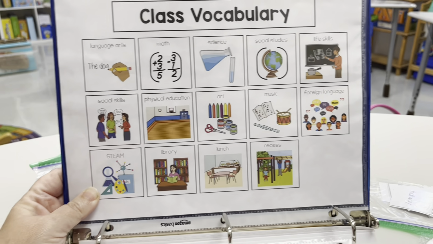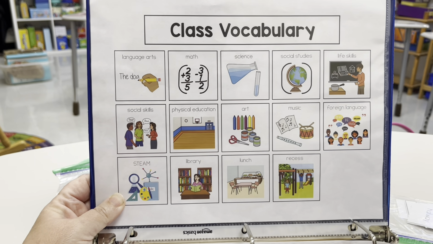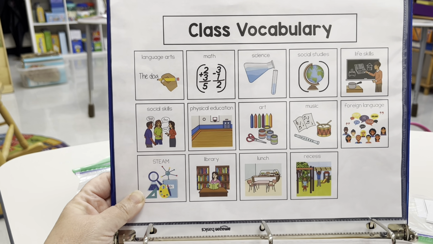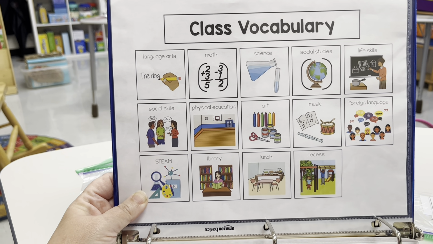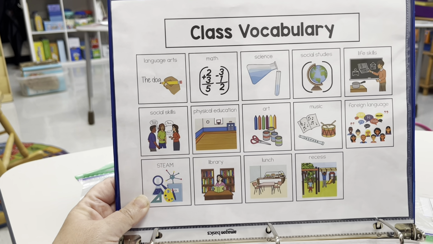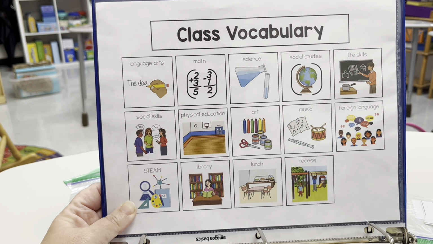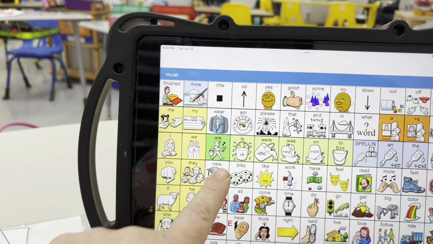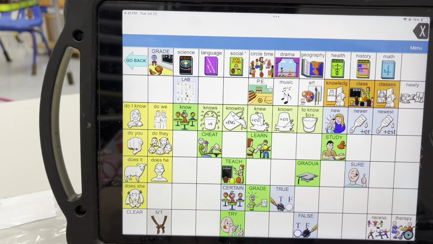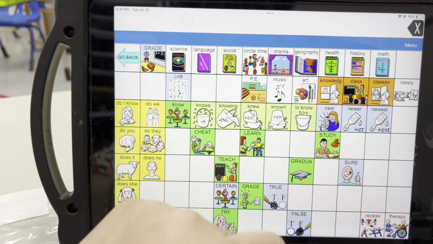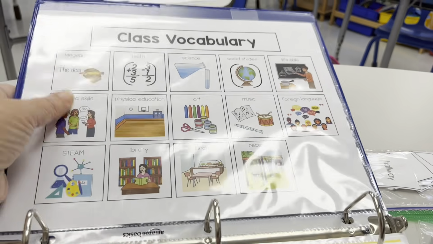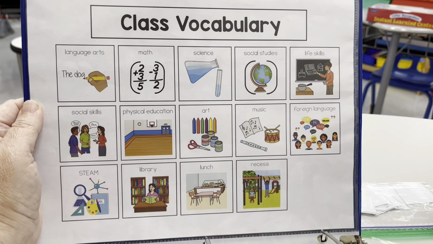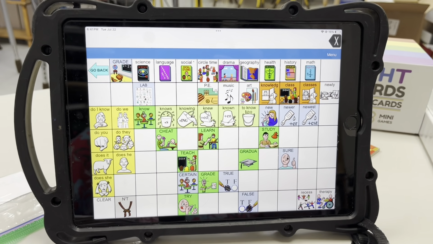So I had just gotten this back to school from the Autism Helper shop, and I was so excited to see this class vocabulary. I had never considered doing this before this year, so I'm excited to add this to my students' vocabulary practice. And you can see it's the different classes. In LAMP Words for Life, you can find that under the word new. You would find language arts, science, math. So I'm excited to be able to help my students connect the different class vocabulary subjects that we do to their device as well.